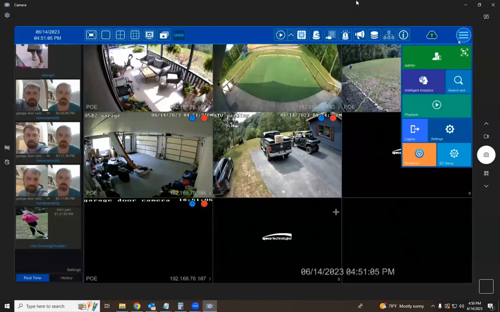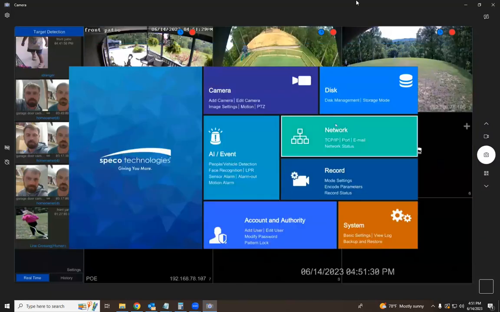So the recorder is going to run the facial recognition. Once it gets a successful recognition of the individual in the group, it's going to fire the output of that recorder, and that output is going to go into the input of the access control panel. So that is going to be the first factor that the access control is going to be looking for. The second factor would be either a pin pad, card reader, or scan. But if I were doing that, come into settings,